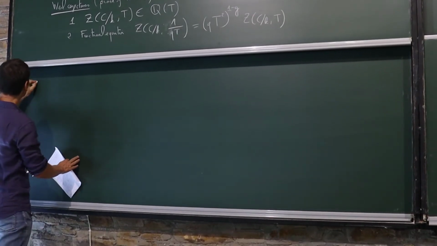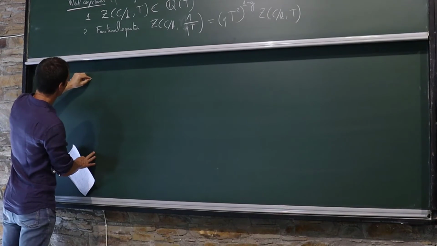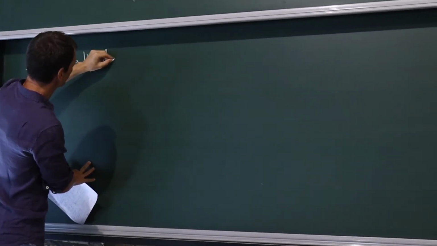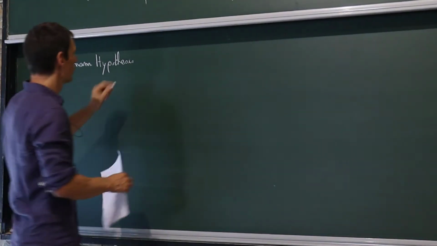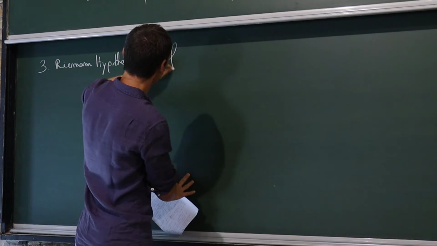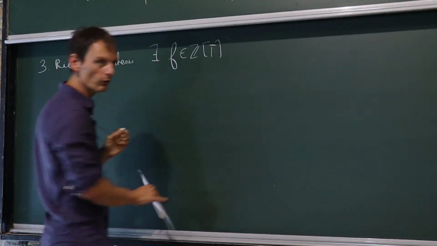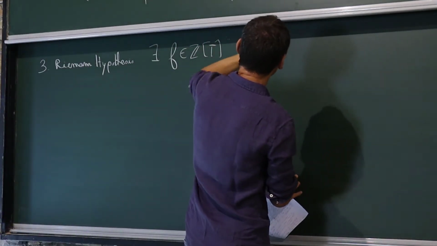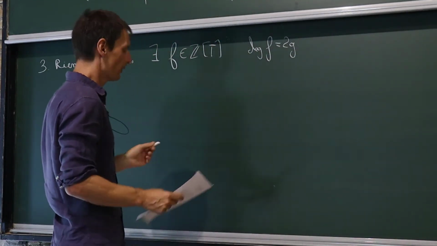is 3, what is called the Riemann hypothesis. In this context, of course, not over number fields, which says that there exists a polynomial with integer coefficients, such that the degree of f is 2g, and I can write